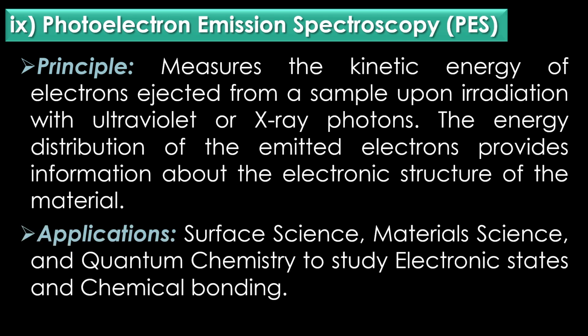The ninth and final type of emission spectroscopy is photoelectron emission spectroscopy. In short form, it is called PES. Photoelectron emission spectroscopy measures the kinetic energy of electrons ejected from a sample upon irradiation with ultraviolet or X-ray photons. The energy distribution of the emitted electrons provides information about the electronic structure of the material. It is widely used in surface science, material science, and quantum chemistry to study the electronic states